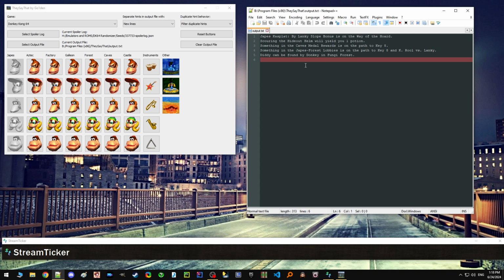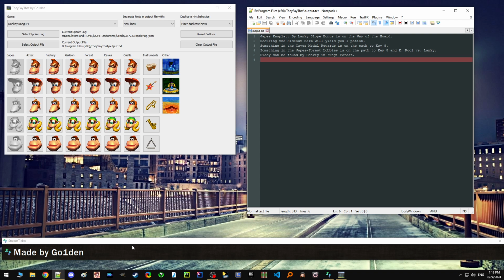So this program allows you to do the first step, which is you need to get the hints into a file somewhere so that you can then display them. The second program that I have is called StreamTicker, and I wrote this a long time ago to be able to do what OBS couldn't do at the time, which was scroll through these different messages. So it was originally designed for static messages. You would define a message, and it would consist of images or text or whatever,